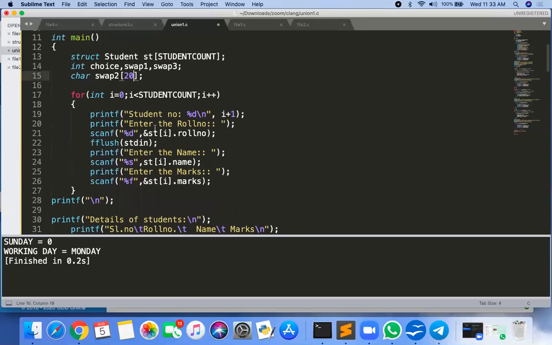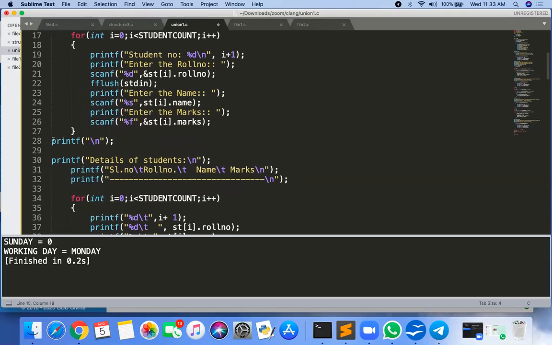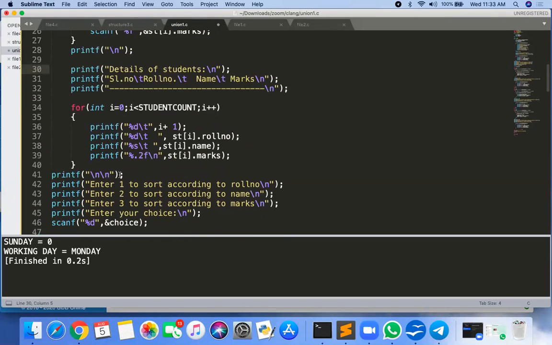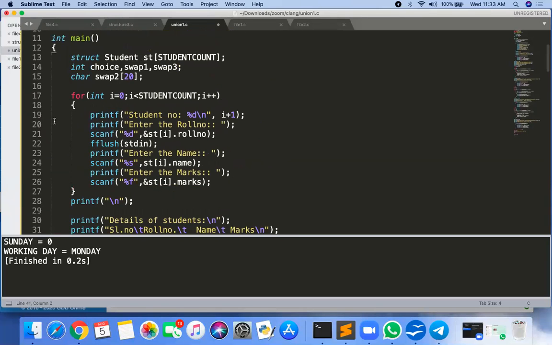Now the next one is the for loop. Then the details of students are printed.